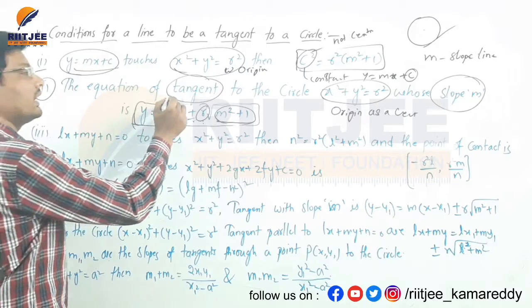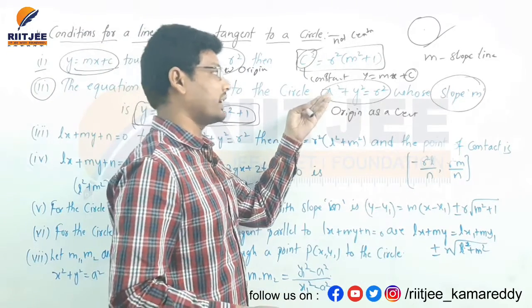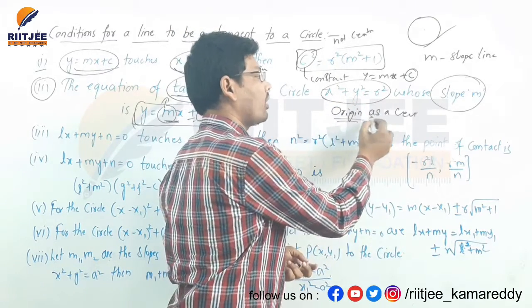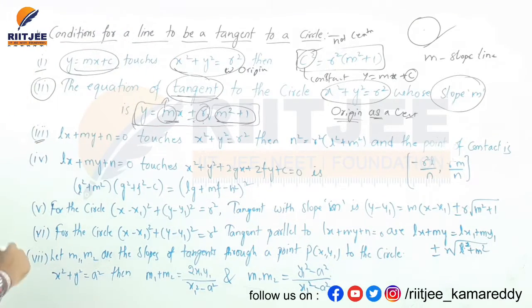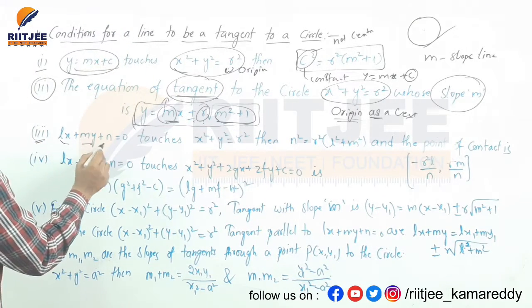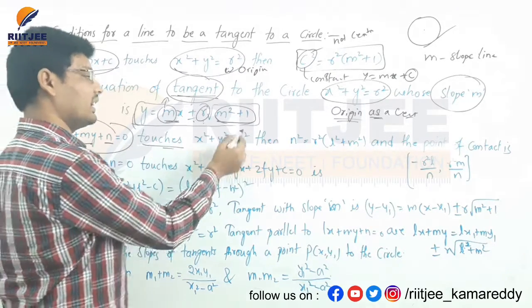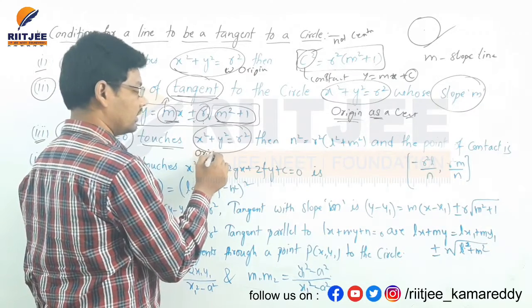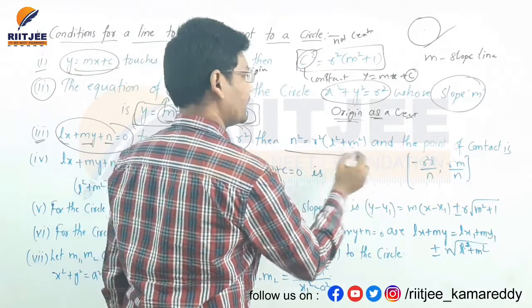You will get the equation of a tangent to the circle x² + y² = r², which has the origin as its center, with a slope of m. And the third condition is lx + my + n. It is a line which touches the circle which has the origin as its center, then the condition is